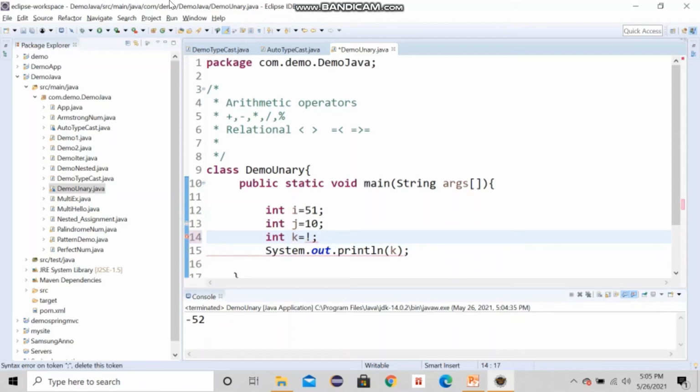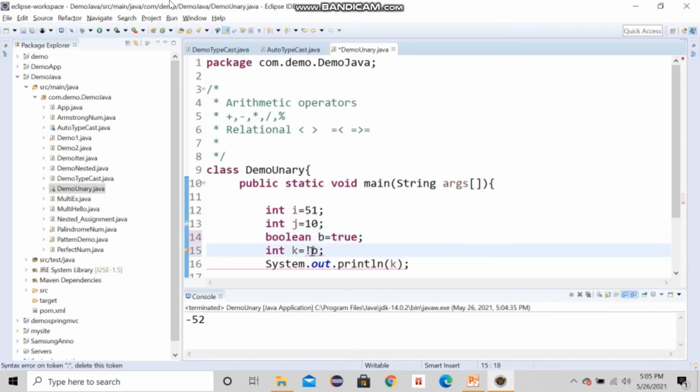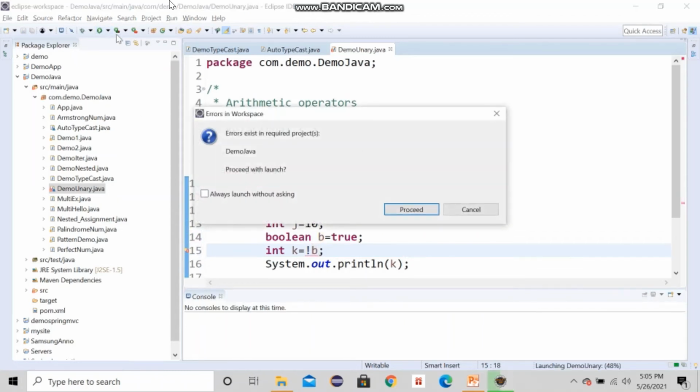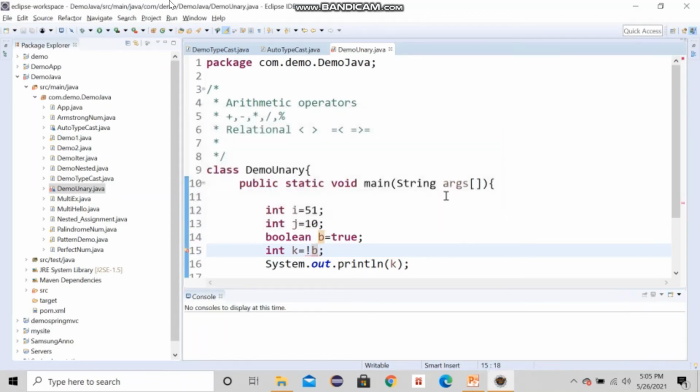For that I need a boolean. Suppose I take a boolean b equal to true. Now if I say not b, what does it give?